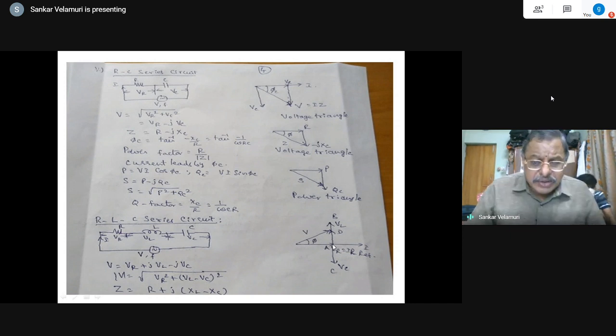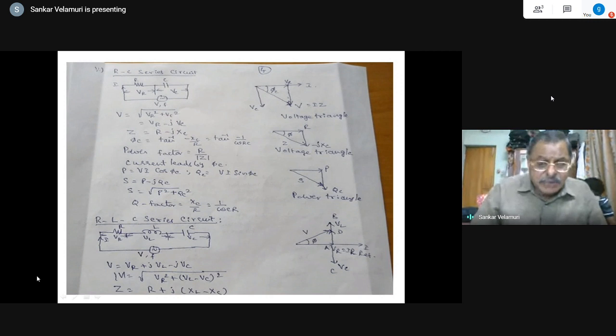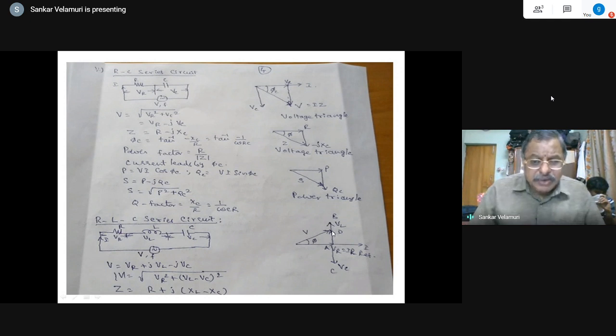I mentioned it is not to scale, but the reference phasor is horizontal, and VR will be in phase with the applied voltage, and VL is the voltage across the inductance, which is leading by 90 degrees with respect to the current that is being chosen as the reference phasor. VC will be in quadrature, lagging. Yeah, this is VC, the quadrature component from VR, and this is the quadrature leading inductive component. The next one is point D. Point D is VL minus VC, whichever is dominating.